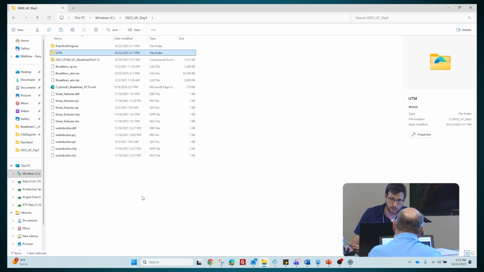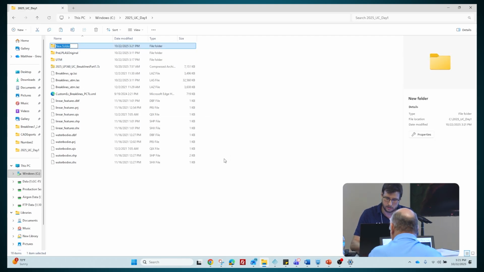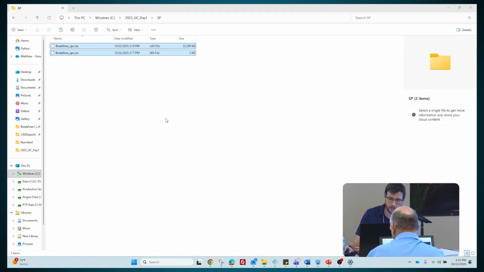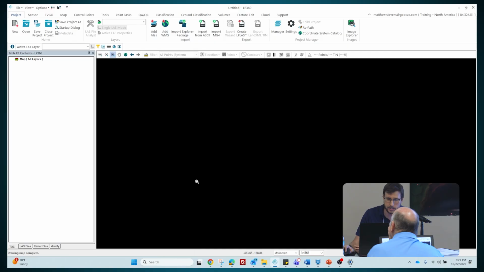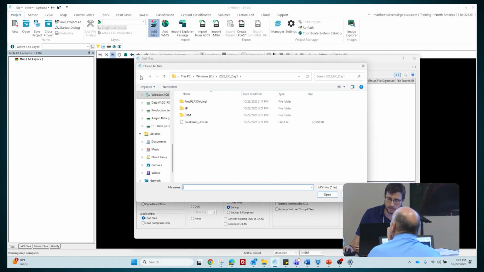I'll just copy this to the top layer. But like I said, you can always reference the file that's already there. I'm just showing you the operation of reprojecting with that PCT. So click Add Files. If you weren't able to do the reprojection, then just reference, I'll show you,